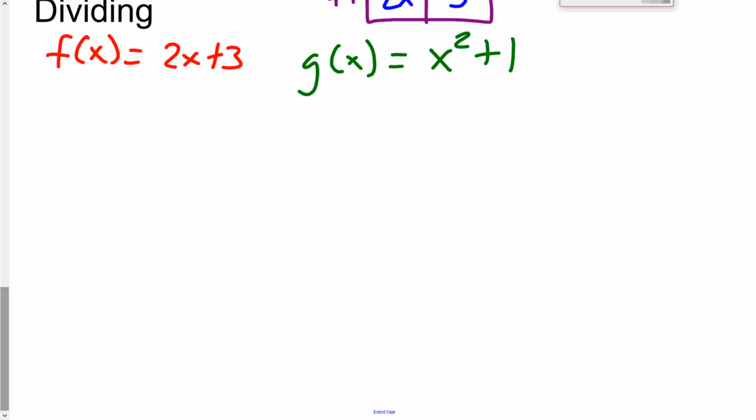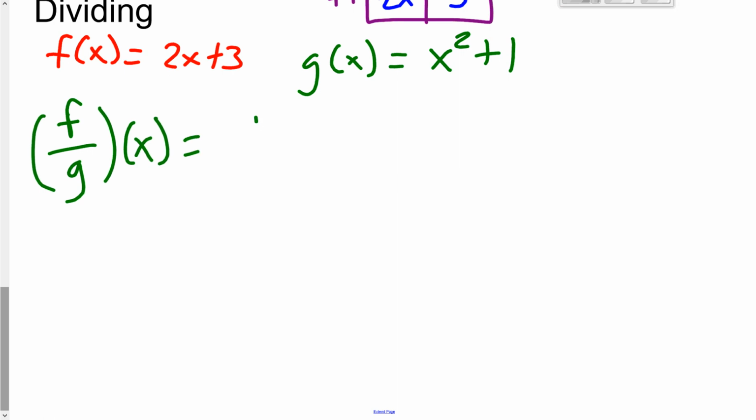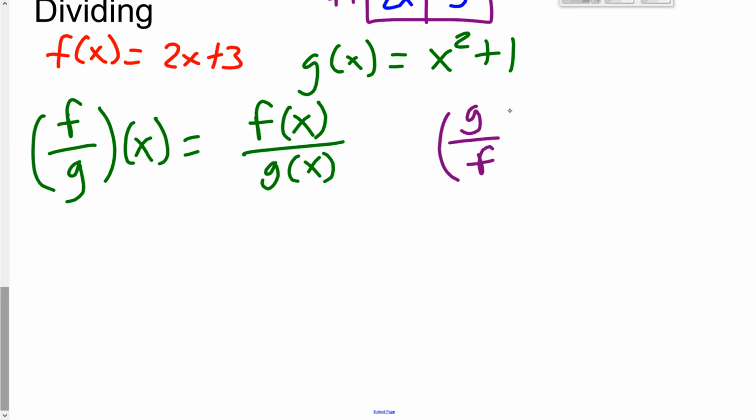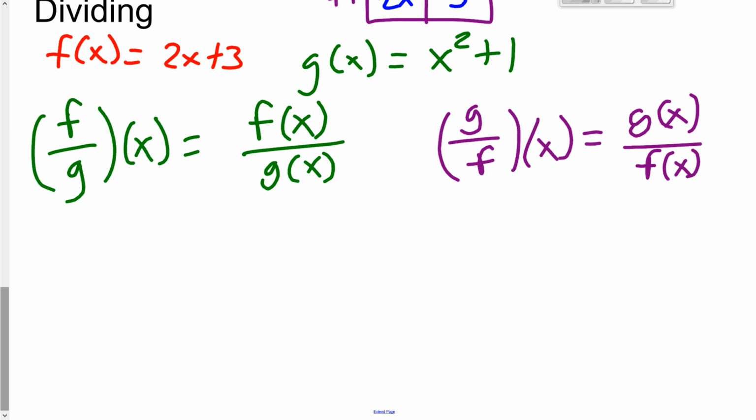Okay? Okay, so here we do dividing now. So now we're going to divide them. So f divided by g of x, that's taking your f of x and dividing by g of x. Or I can have g divided by f of x. Now this is taking g of x and dividing by f of x. The big thing here is you basically just put whatever letters are on top, you take that function and put it on top. Whatever letters are on bottom, you take that function and put it on bottom. The only thing here is you've got to